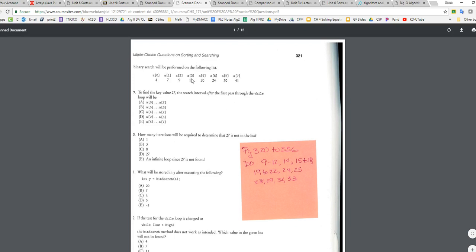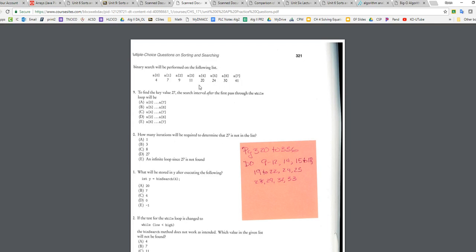Okay, so on question number 9 here, this one is actually similar to what we did. To find the key value 27, the search interval after the first pass for the loop will be, and so it's just trying to get you to decide, is it on the low end or the high end? If I'm looking for 27, if it's doing a binary search, it should divide it in half. So I have 8 elements, so if I do low plus high, that is going to be 3.5, so it looks at position 3 and it determines 27 is greater than that,